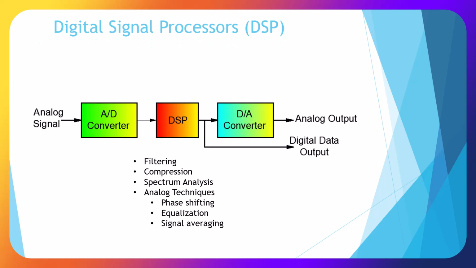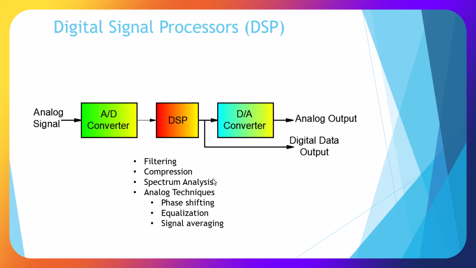Digital signal processors are a modern way that we could take analog information and digitally modify it. So we have an analog signal, run it through an analog to digital converter, run it through our DSP, which we could do many things that we could do with analog circuits, but we could do it digitally, such as